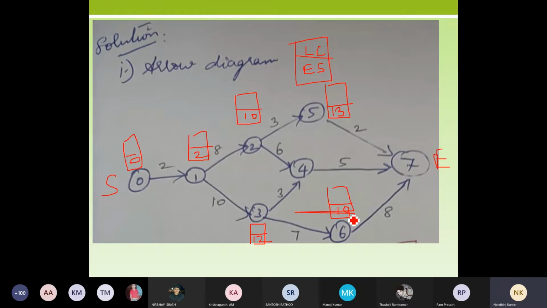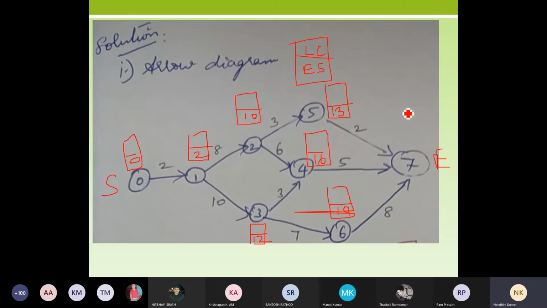Are you all along with me? Yes, ma'am. Okay. So I have calculated all the individual nodes. Now, when I'm coming to my fourth activity, I have two immediate predecessors, that is my 3 to 4 and 2 to 4. I have two different possibilities, so I'm going to take the maximum. For the early start, we have to calculate the maximum. So it is 10 plus 6 gives me 16 here. And if I go by here, it gives me 12 plus 3 as 15. So I choose 2 to 4, which gives me 16. That is the maximum value.